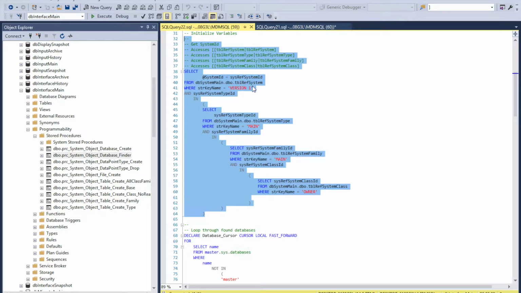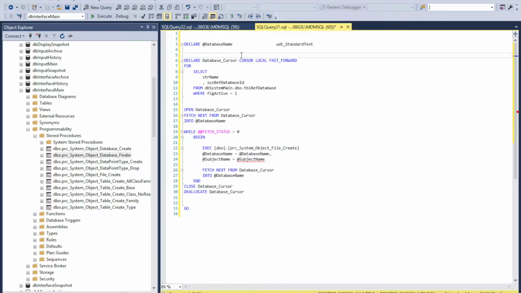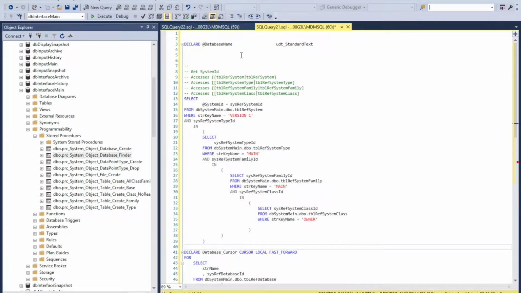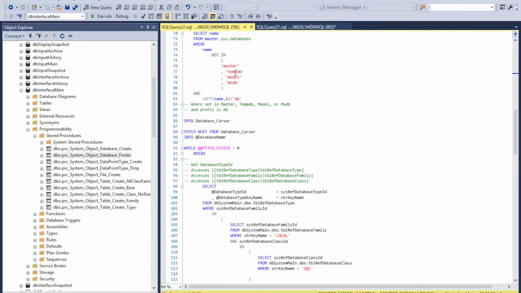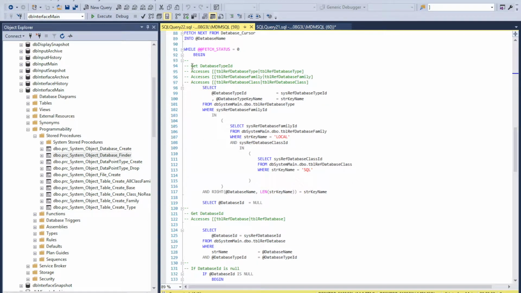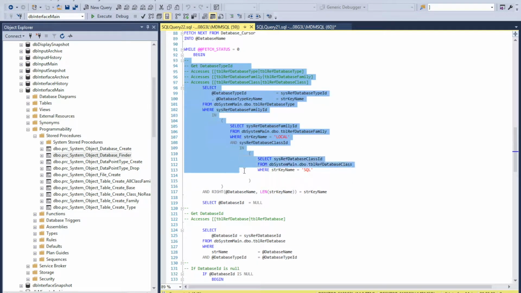I am taking the system code because this is my system and this is the way I want to normalize how I classify tables. So I'm going to take this set of code, paste it at the top, and then the second set of code is the database type code down here. And I'm just going to copy this,